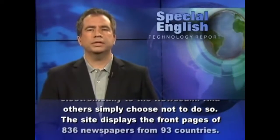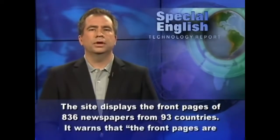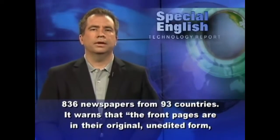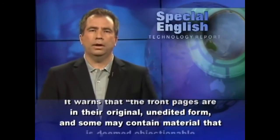The site displays the front pages of 836 newspapers from 93 countries. It warns that the front pages are in their original unedited form, and